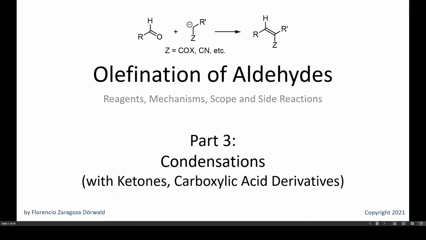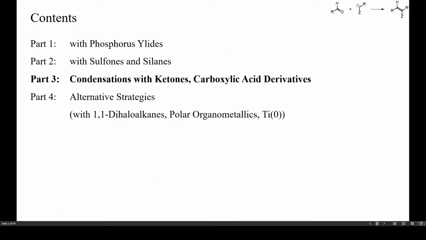Welcome to this third presentation about the best methods to convert aldehydes into alkenes. This presentation is about the condensation of aldehydes with the most common carbon nucleophiles, for instance the enolates of ketones, carboxylic acid derivatives or nitroalkanes. This is an important group of carbon-carbon bond-forming reactions that is well suited for large-scale preparations because only water is